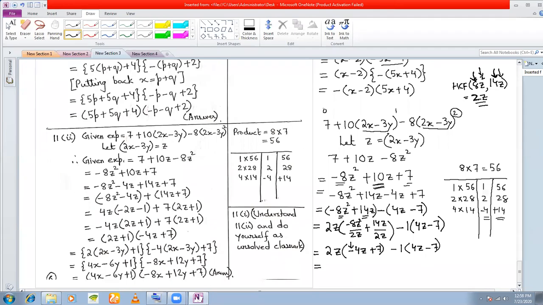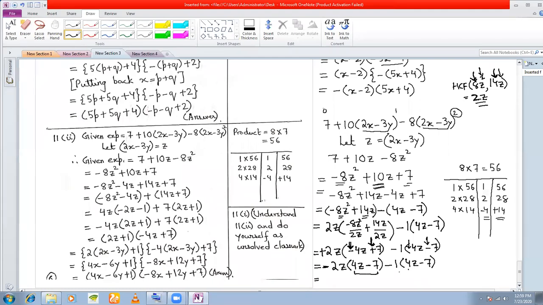I have a minus sign here. With 4z, I have a minus sign. Here I have a plus sign. Here I have a plus sign with 7. Here I have a minus sign with 7. So what I do is instead of taking a plus 2z, I take a minus 2z. That is, I'm keeping the minus sign outside the bracket. So this sign will now change from minus to plus, and this sign will change from plus to minus. Okay. So now I have 4z minus 7.